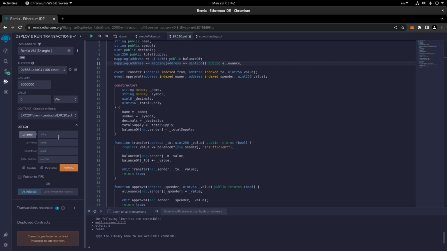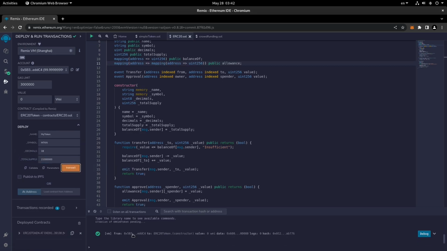Let's see how many variables we've got at the beginning. So for example, I can write this, my token as the name, and the symbol MTKN. Decimals could be 18 decimals, and the total supply could be, for example, 21 million, right? So here, let me try this. I'm not sure if we can put this number of digits given that we've got this number of decimals, but it's fine, it's okay. And we're ready to test this contract.